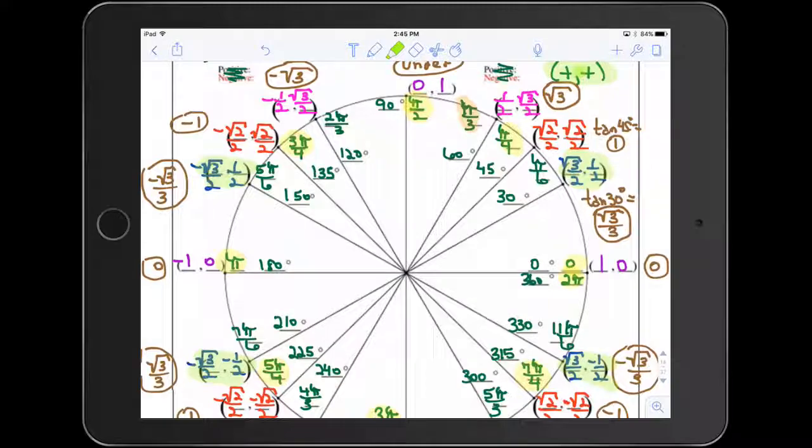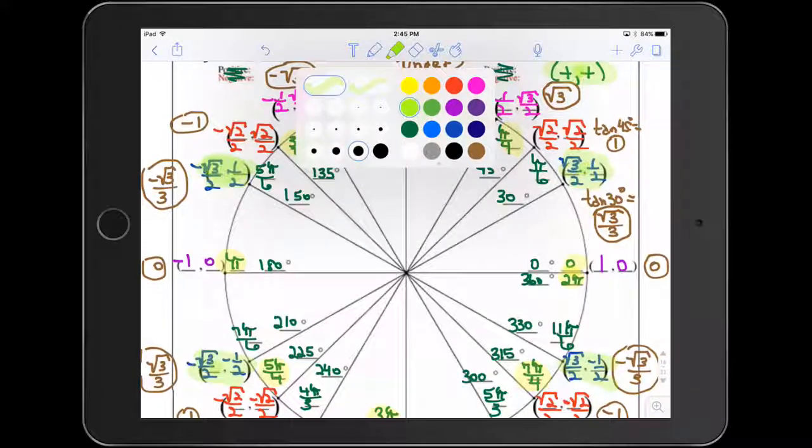So again, square root of 3 over 2, 1/2 is over here. It's over here, here, and here. All four quadrants in the same position, just reflections of each other. And then you change the signs depending on which quadrant they're in. Same thing goes with